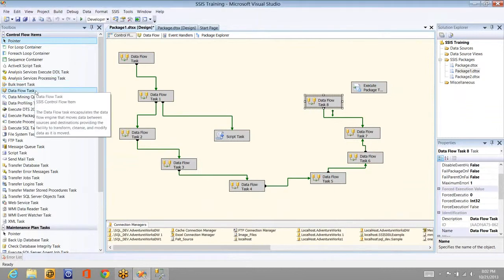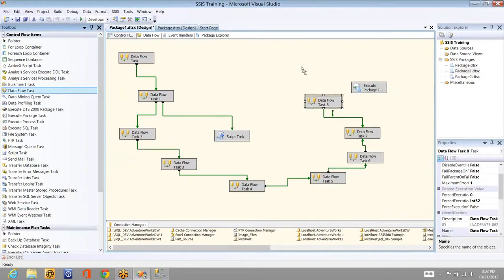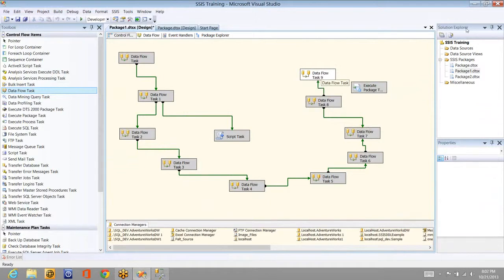The next transformation is SCDs. SCD is a very important transformation, and it plays a major role while moving the data from source to destination, particularly when you are moving the data of master tables. So I hope everyone remembers the difference between master table and transaction table.